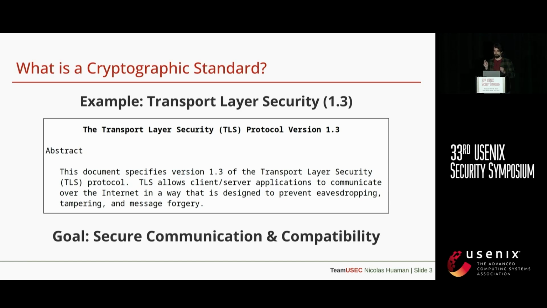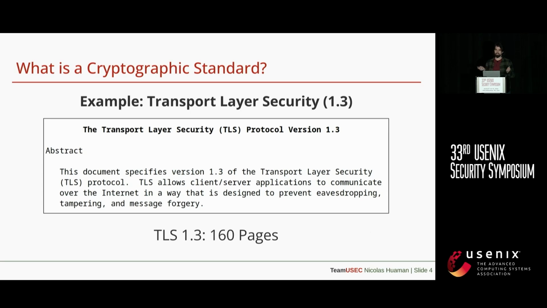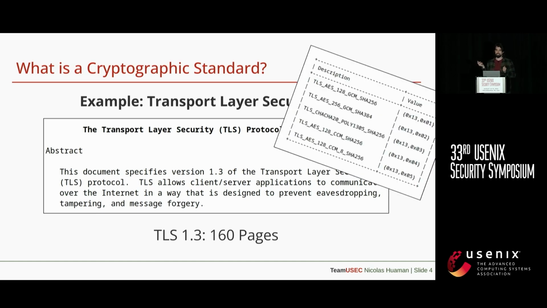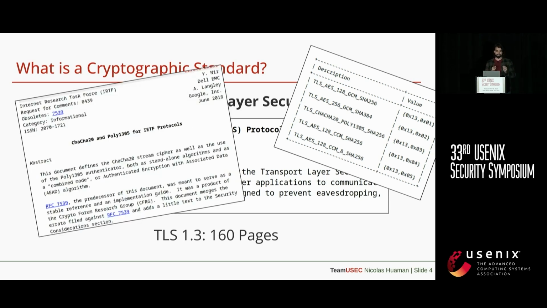Well, first of all, you read the entire RFC, which is 160 pages. You then, towards the end of the RFC, sometimes in the middle, there are also references to it, find this little table that contains cipher suites that you need to implement in order to communicate. These are actually just a part of it. You then also have to look at the cipher suites. You look, for example, at this funny thing called ChaCha20 and Poly1305.